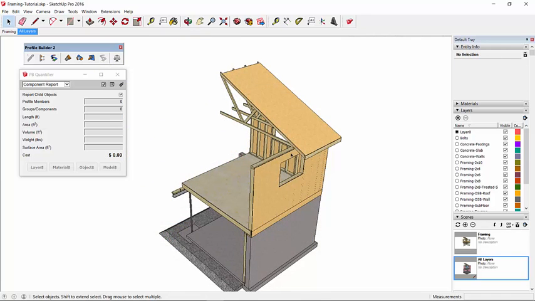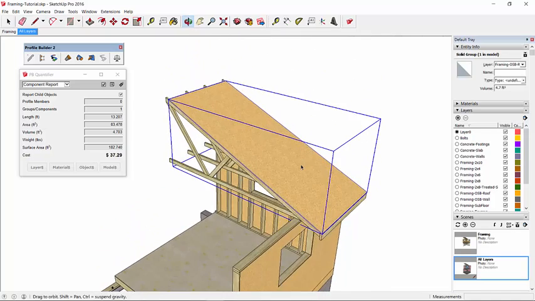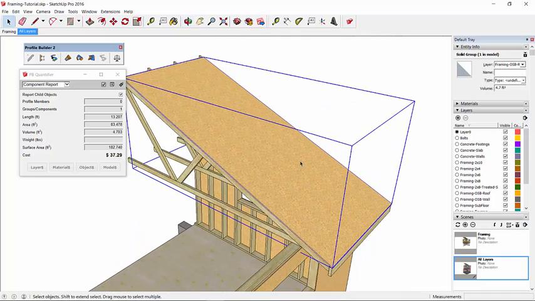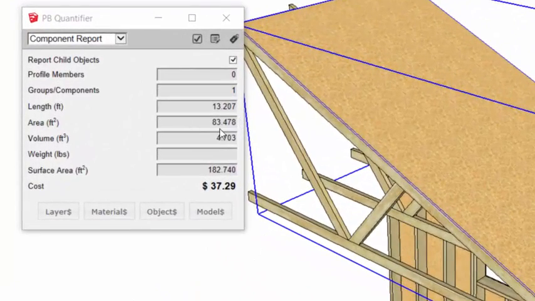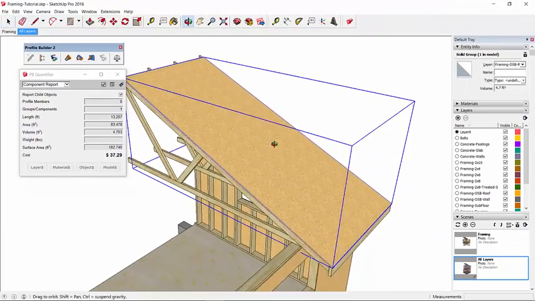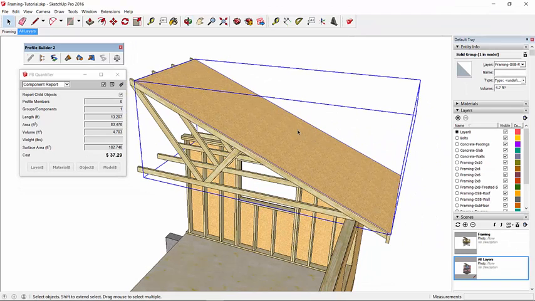So now we'll look at the roof sheathing. And again, you have to watch how the area is being calculated. Here we're getting an area of 83.5 square feet. The way that area is calculated, it's actually based on the orientation of the bounding box for that object. In this case, the bounding box is oriented in the XYZ orientation. But to get it more accurate, we should orient the bounding box in the same direction as the slope